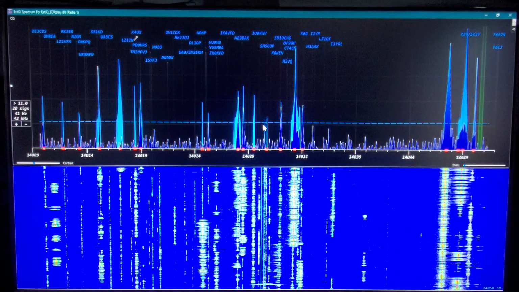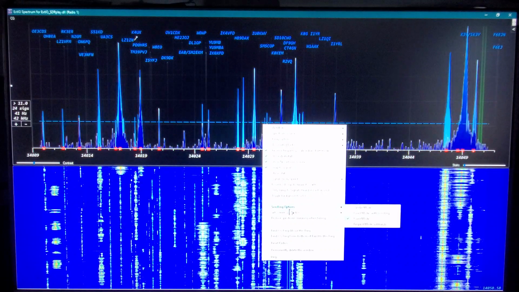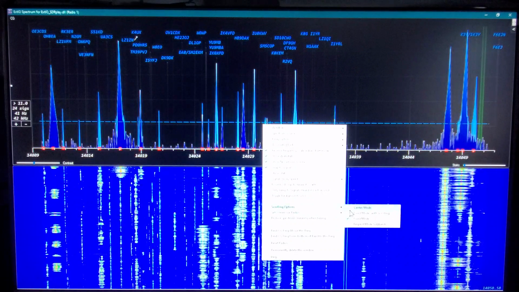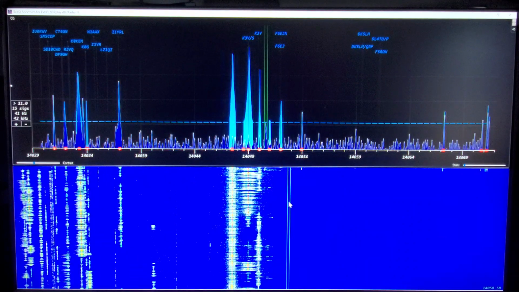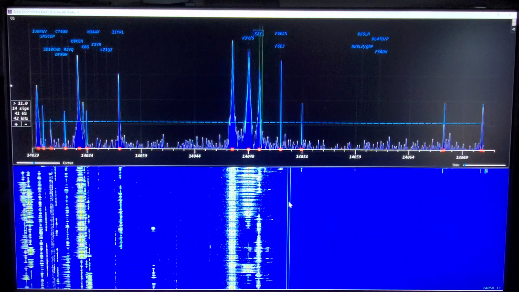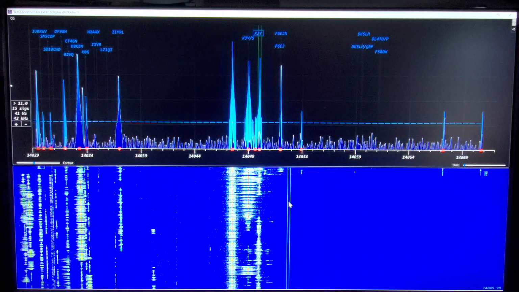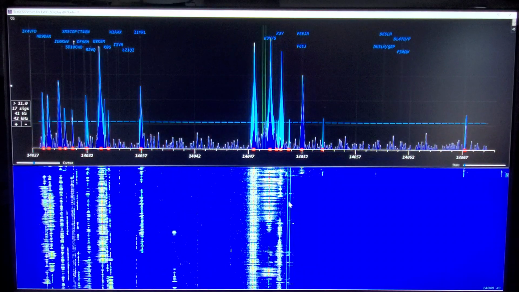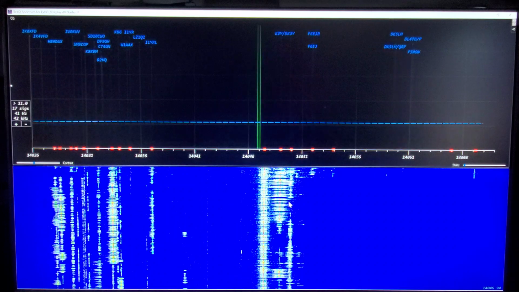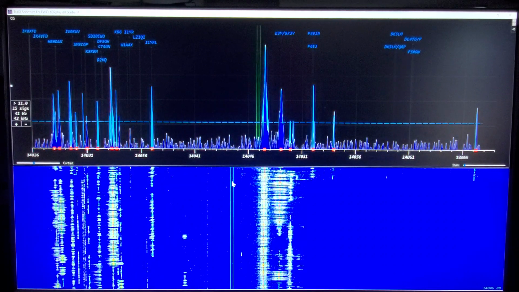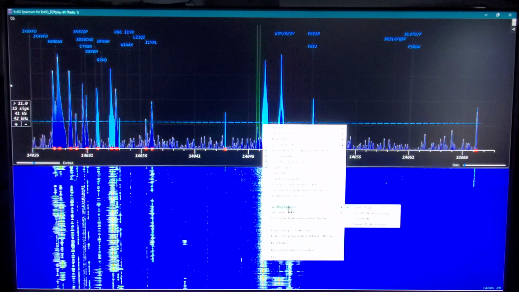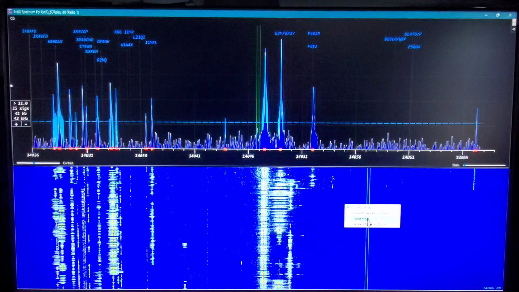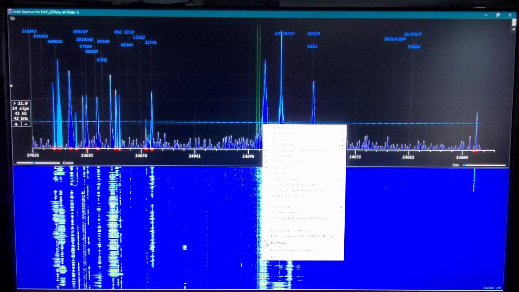I will put it on center mode and show you that unlike a lot of spectrum displays, it tries to keep the waterfall lined up with the signals in the top. So you see the waterfall is scrolling as well, which is a nice thing to have it do. Let's go back to fixed mode and let's look at